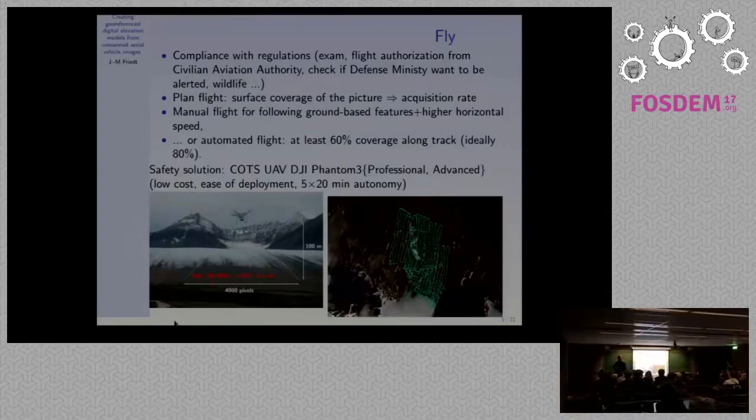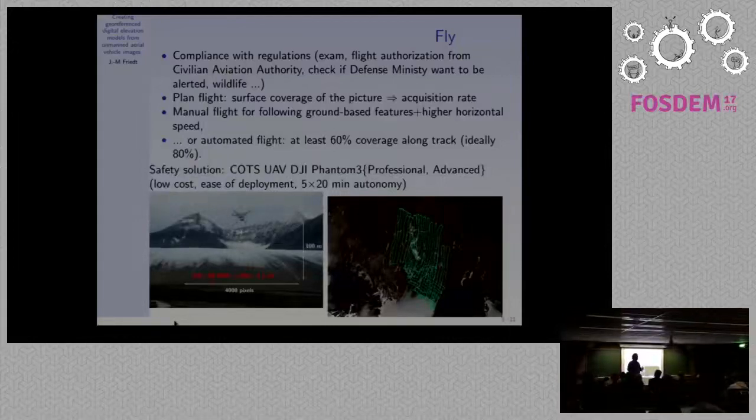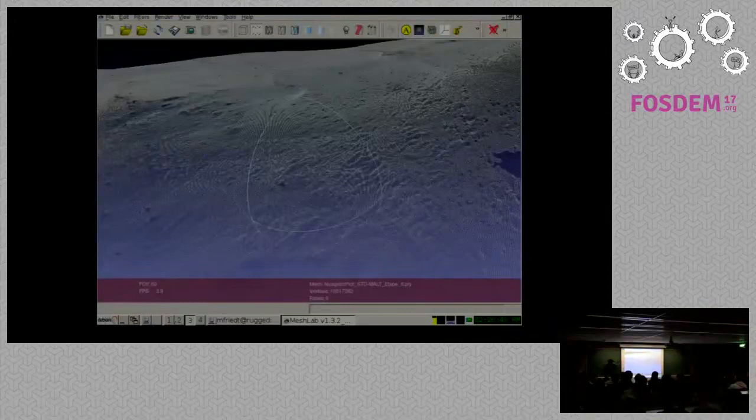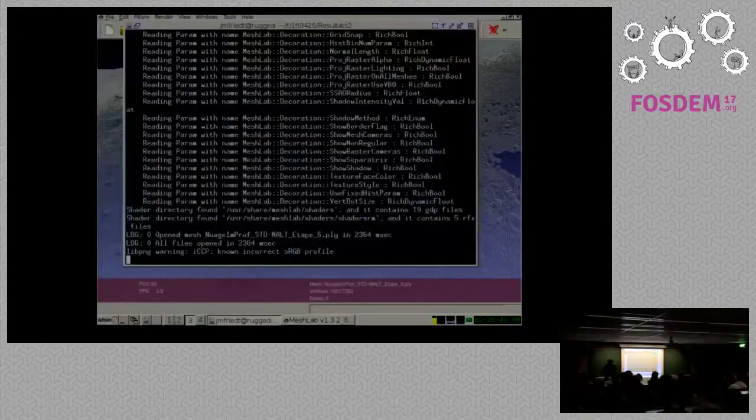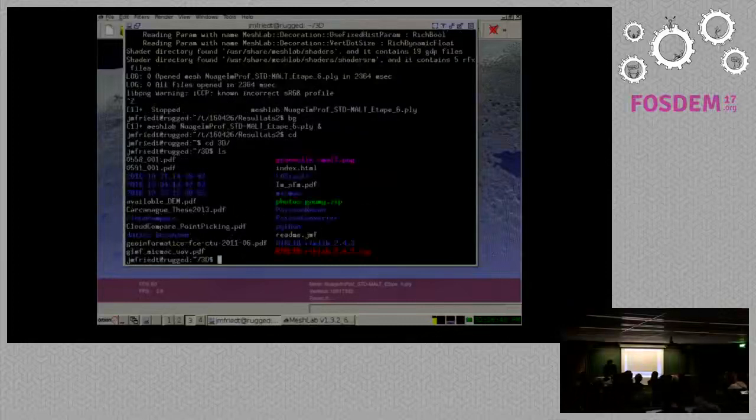Yeah. Have you tried OpenSfM, the open source structure from motion tool from Mapillary? I'm sorry? There's a tool, OpenSfM. Have you tried that one? I tried. So the question is, what other open source tool may I have used? I have tried various SfM software that I could find. I cannot remember all the features that I used. At the end of the day, I used the one that was, well, I tried a few open source